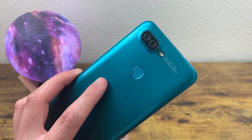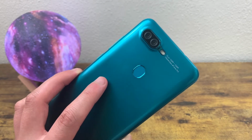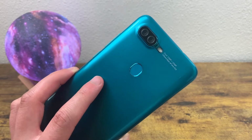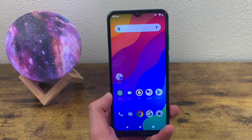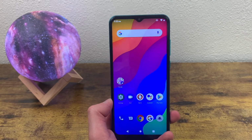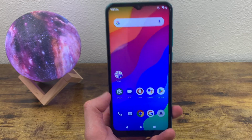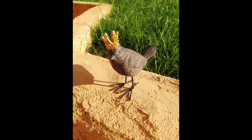For the rear camera setup, this phone has a 12 megapixel main camera and a 12 megapixel depth sensing camera for portrait mode. Not a whole lot else. So there's no ultra wide camera, no macro camera. If you're into those advanced features, you're gonna be disappointed with this phone. It doesn't really have any of that, but it does take pretty nice photos for what it is. To give you an idea,